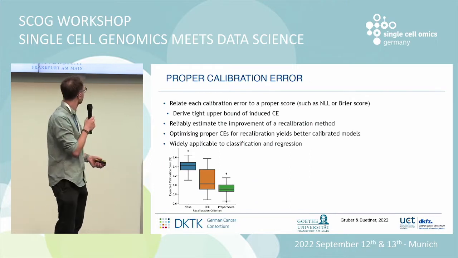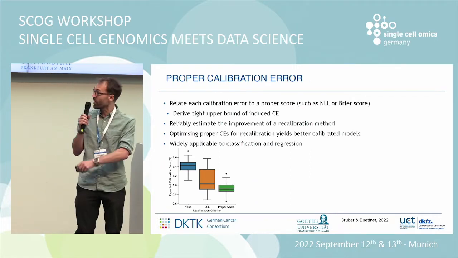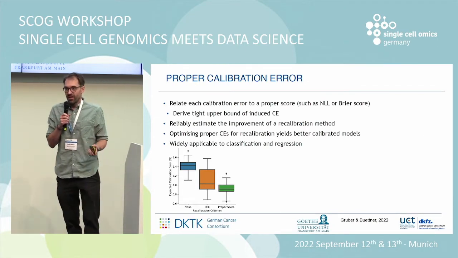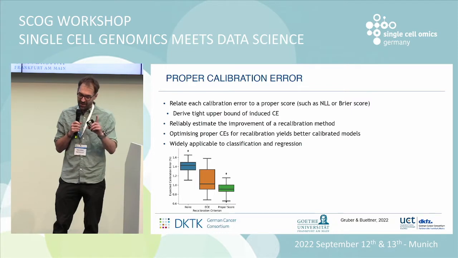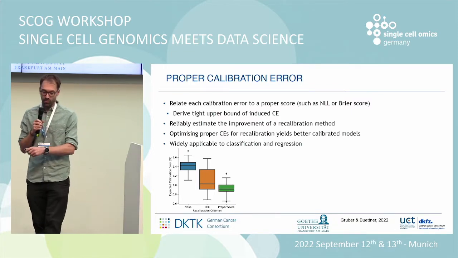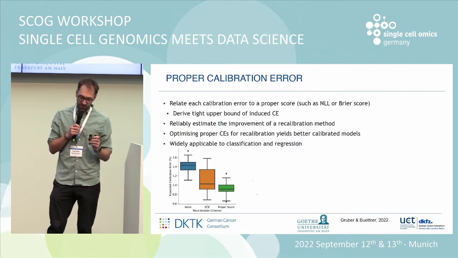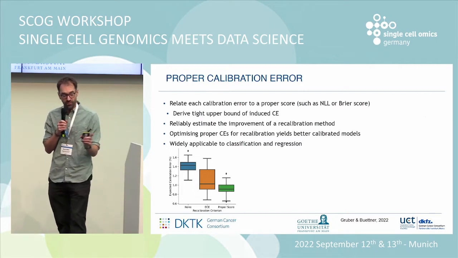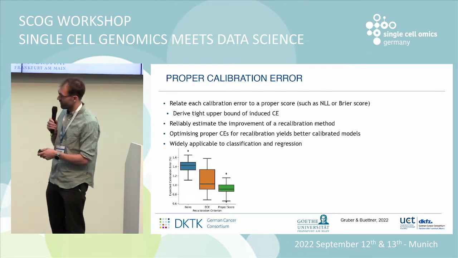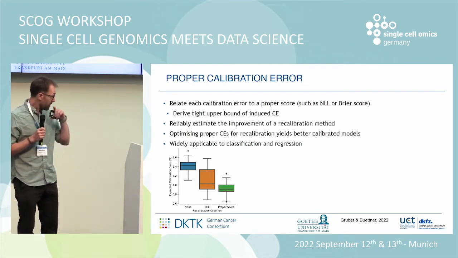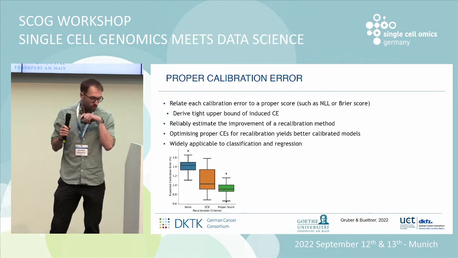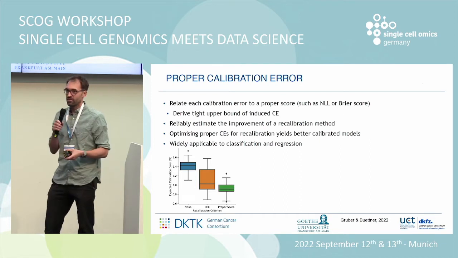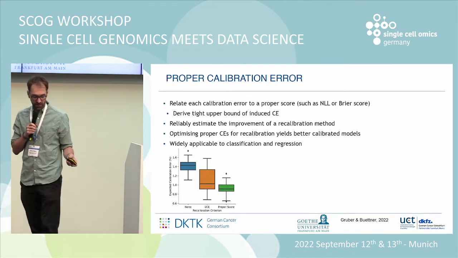The way we came to this upper bound that's actually stable and unbiased is that we said, okay, clearly all these calibration errors have nothing to do with proper scores, but actually we can relate each calibration error to a proper score. Once we do that, we are also able to derive a quite tight upper bound. If we use that upper bound, it's provably unbiased, and we can get these nice straight lines. We also get to use these calibration errors for optimizing recalibration and then get better recalibrated scores,